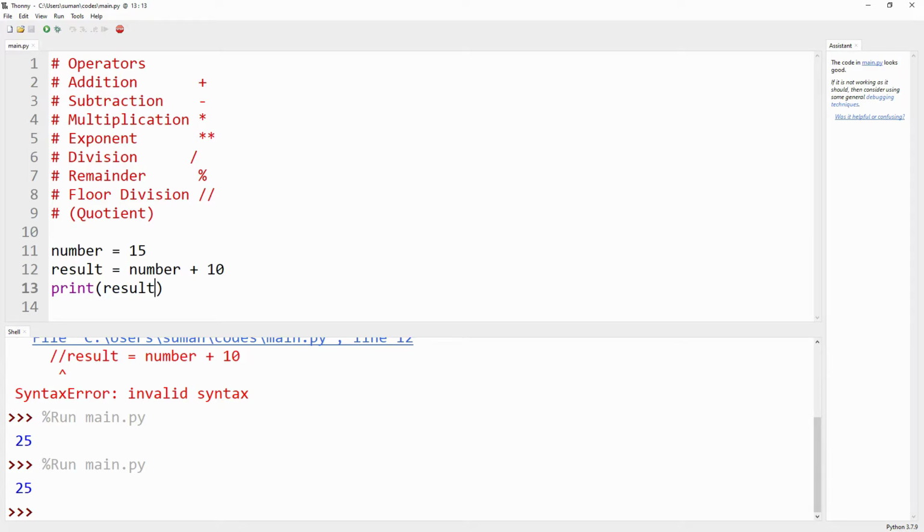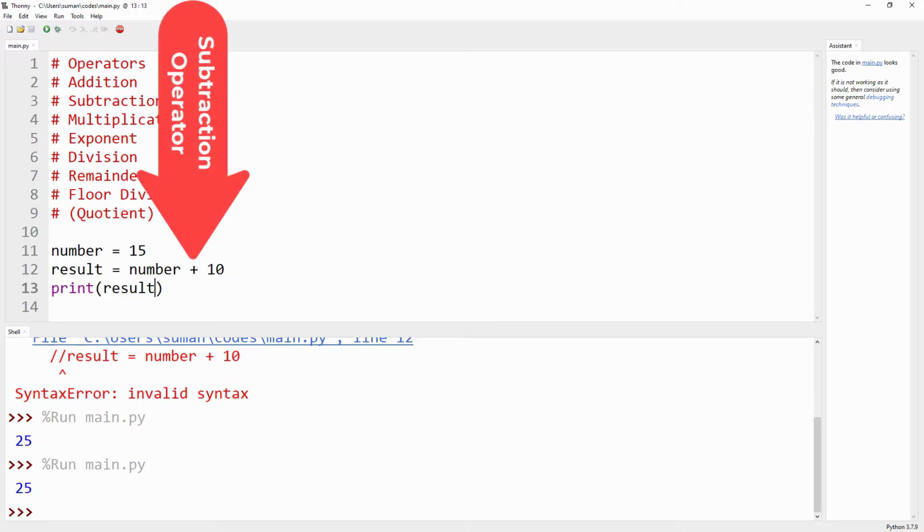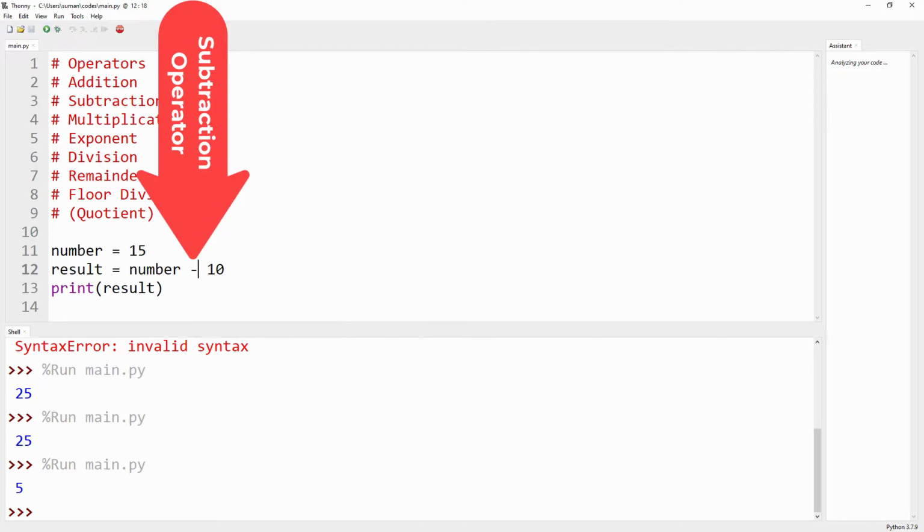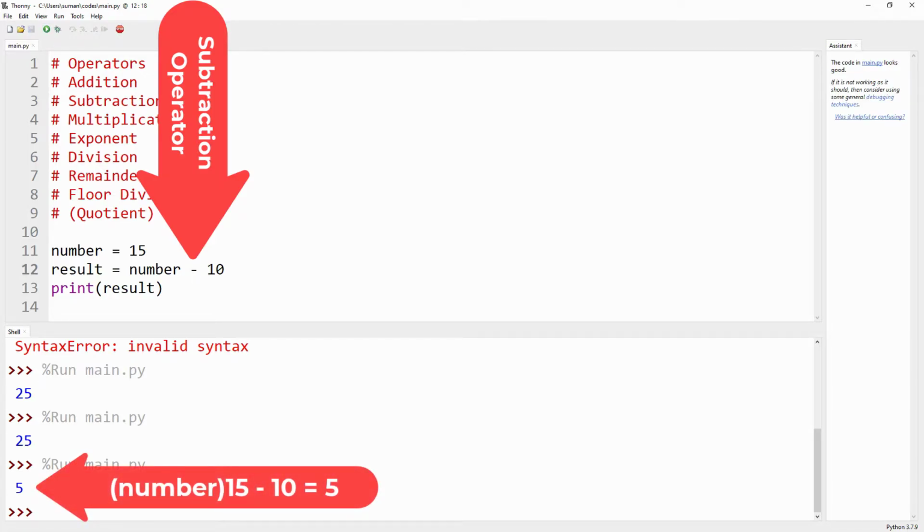Next we proceed to the subtraction operator. In place of plus, we give minus. If we run the code, we get 5. Obviously, 15 minus 10, with the number stored in the number variable being 15, gives 5.